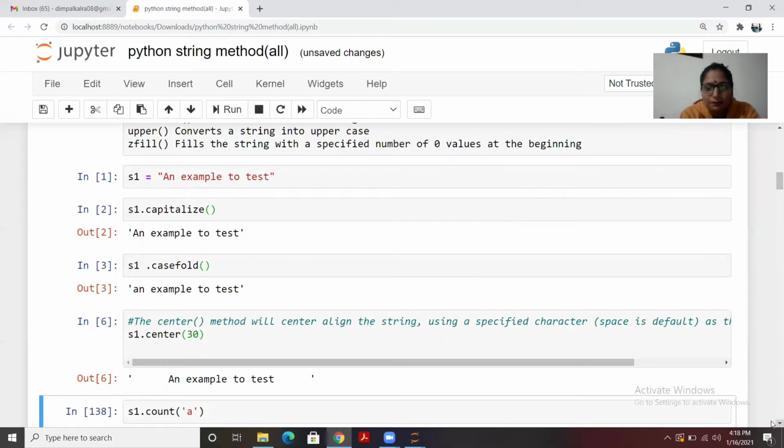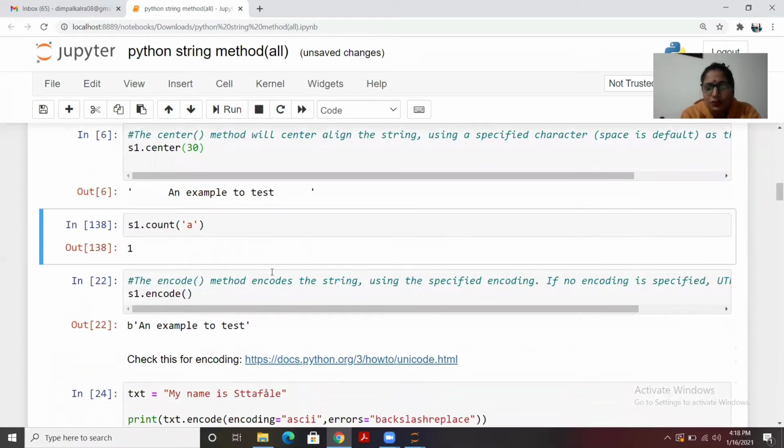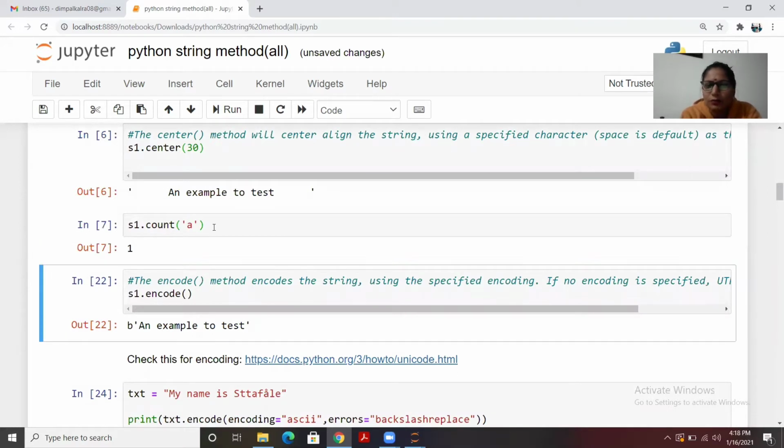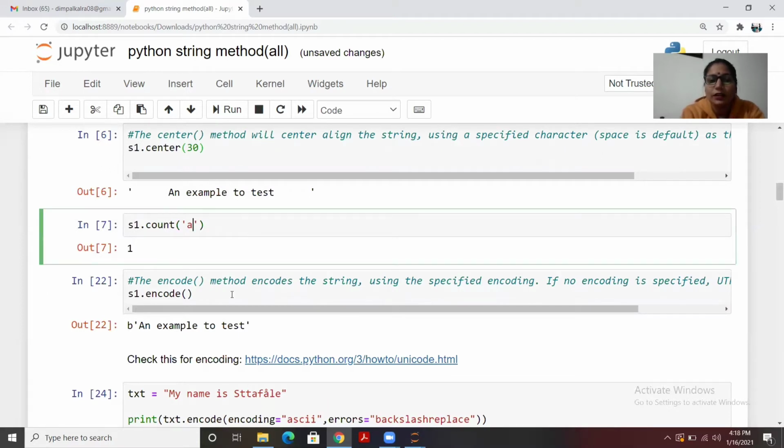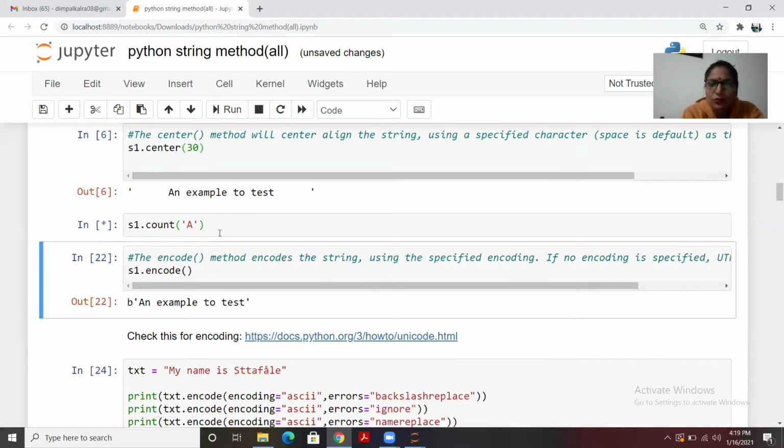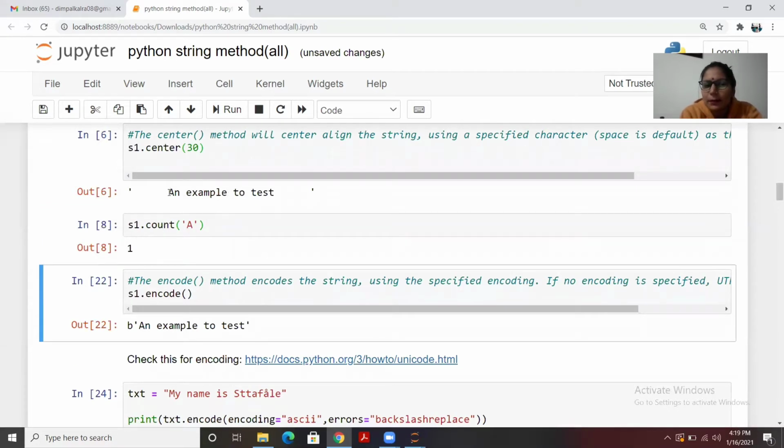Then we have count. Count is just to find the number of occurrences for any keyword. Let's say I have given a, so the number of occurrences for a is 1. I have 2 a's here. You all know that Python is case sensitive, so it will check only lowercase. If I give the uppercase one, it will give the value as 1, because we have an A in uppercase.